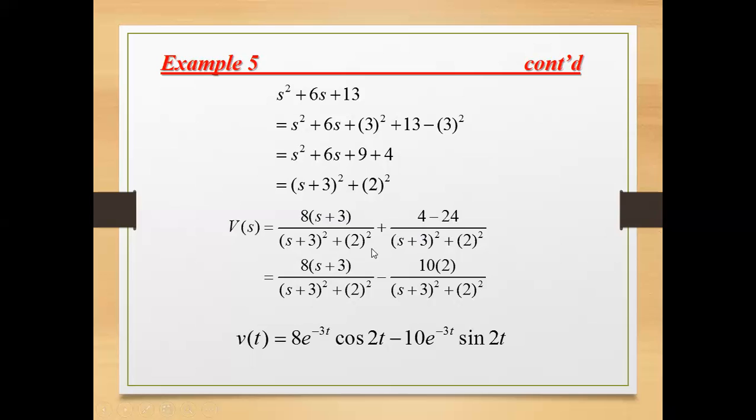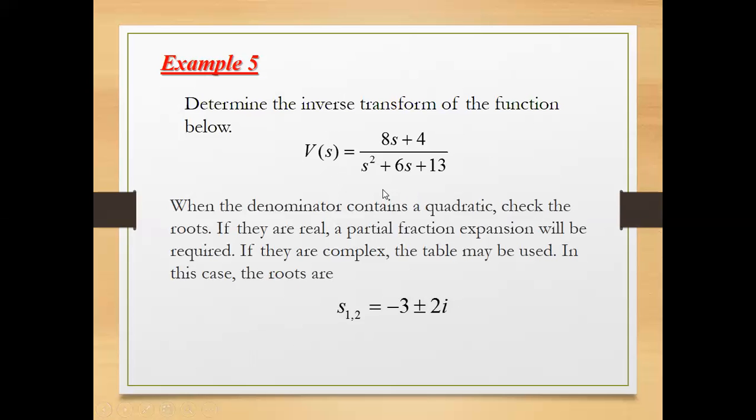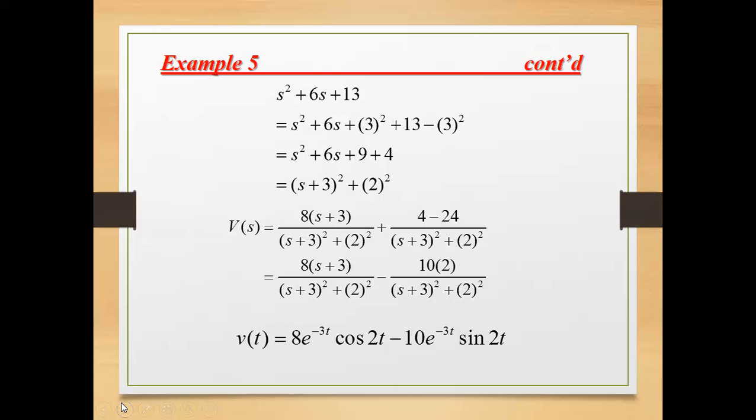You copy the same denominator that you have, but now you have separated the two expressions. One containing a shifted s in the numerator, another only having a constant. Now, if you simplify this using algebra, because I know you fully know your algebra, it will go back to the original expression, which is this one. Okay, we just made the original given expression of the function of s recognizable in terms of the answer of a particular function of t in the table that was shown to you.